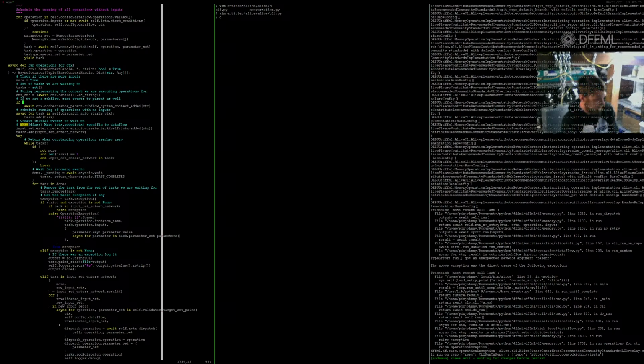Okay, so this is basically going to say flow system context added. So this is going to be, so what are we going to do here? Anytime we yield here,